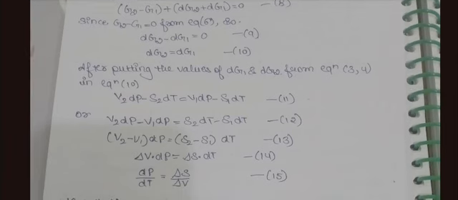Since G2 minus G1 equals 0 from equation 6, dG2 minus dG1 equals 0, so dG2 equals dG1. After putting the values of dG1 and dG2 from equations 3 and 4 in equation 10,